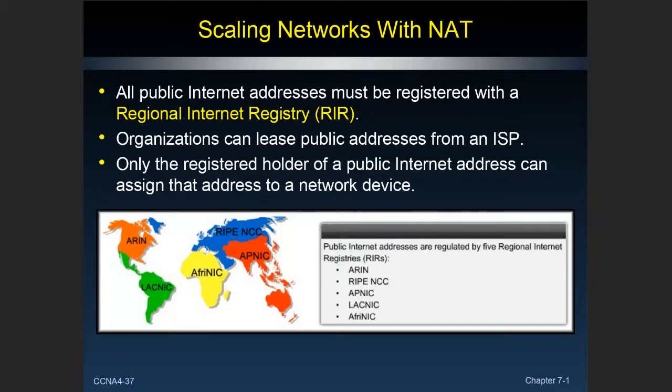So the public, what I call the globally unique public addresses, regional internet registries do this. There are different ones throughout the world. In the United States, we have ARIN. I call these people the name and number authority, because they're going to allocate you an IP address to use. They also will take care of your domain name.